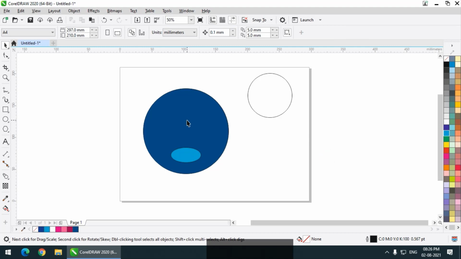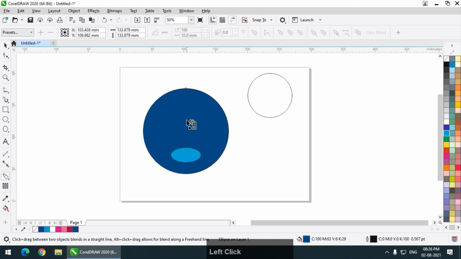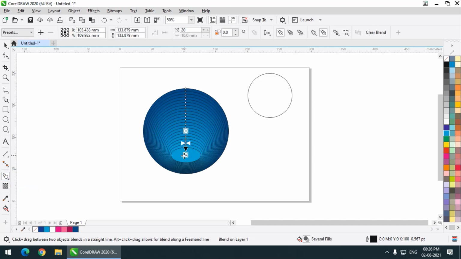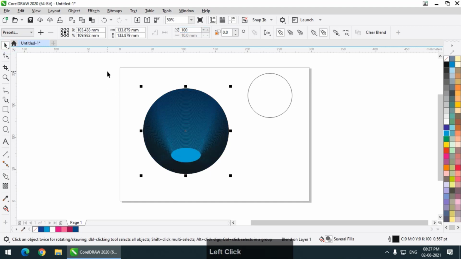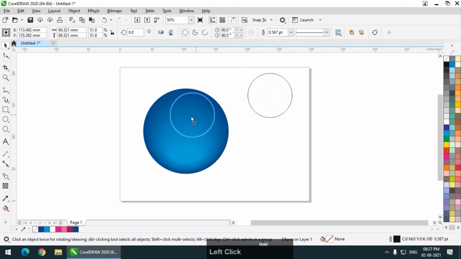Now using the blend tool, I'm going to blend these two shapes, blend tool, and simply click and drag. So these two shapes will be blended together. Now increase the steps to 100. Now remove the outline by right clicking over here. Already looking pretty good. Now take this shape over here, again if possible at the center, horizontal center,